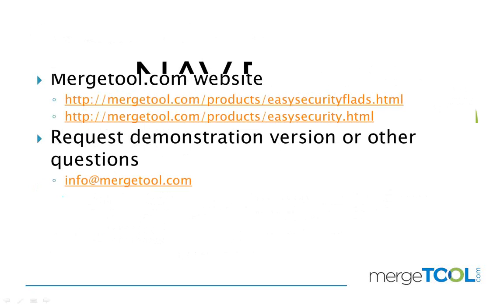Yeah, so that was basically what I planned to go through in here. So the key things: we have over 400 customers now that are using Easy Security, and they're spread all over the world. We have customers in 50 countries now, actually. And we have a very, very stable application. There's really no known issues in it, and as soon as we find one, we normally fix it and release it. So as long as you keep on being updated to the most current objects you can find on our website, you will not have any issues typically using our application.